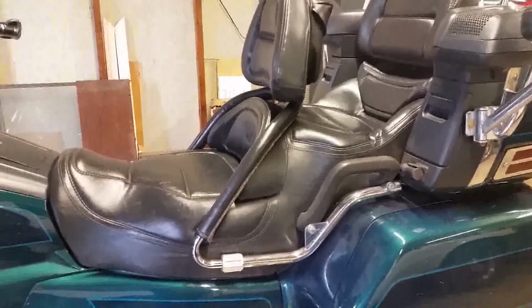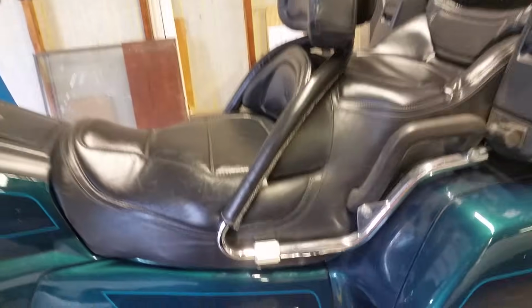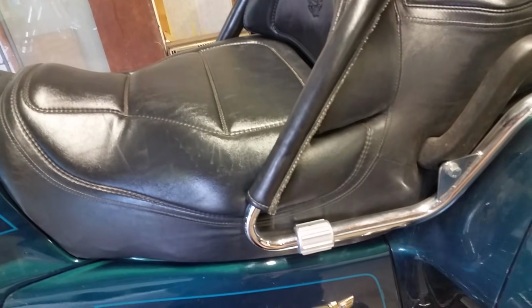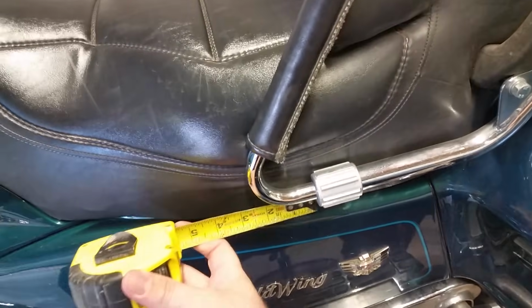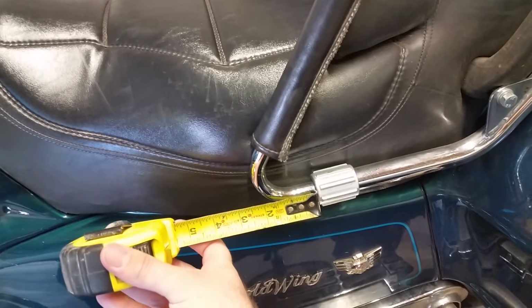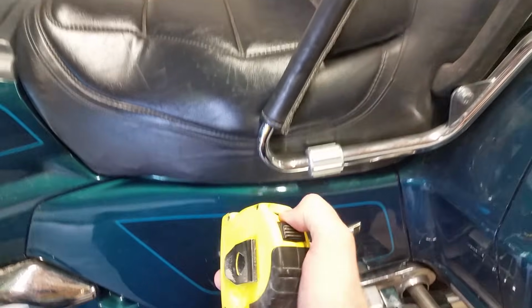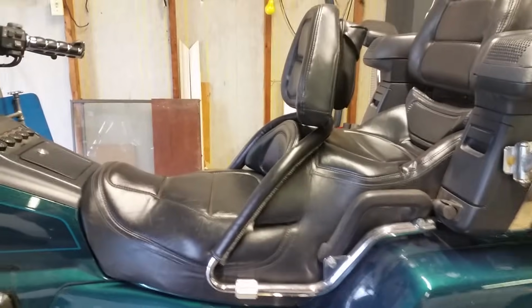Okay, the first thing we need to do is take off this backrest. And usually what I do before I take it off is measure here, and I've already measured it, but I'm just showing you. It's about 2 1/4, somewhere around there. That way when I put it back, I'll remember the exact spot it goes, because if I push it too